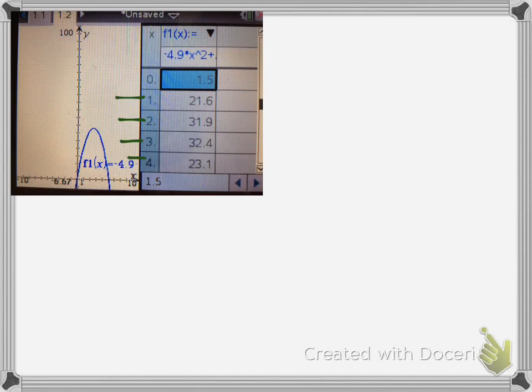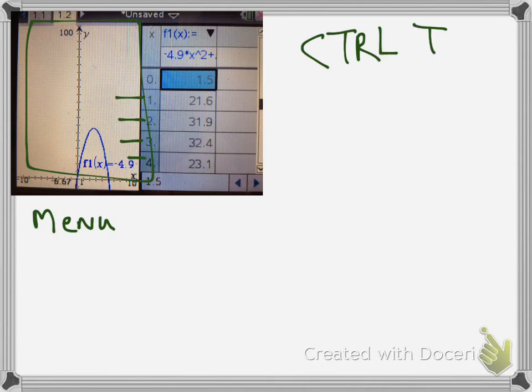Again, if I press menu, I should make sure you're back on this part, the graph. So press Control Tab. So I'm back on here, and then I press menu, and let's say I do a trace, menu 5-1 to do a graph trace. I can move along, and at some point I'll find out the vertex,